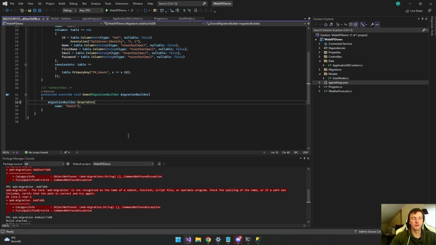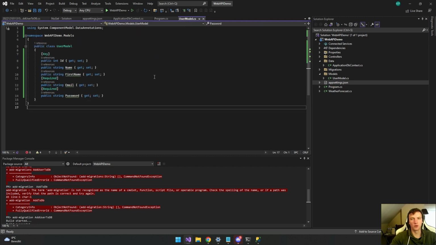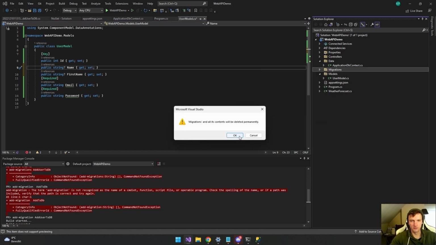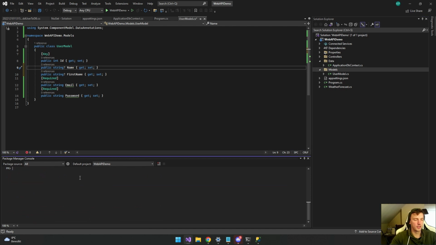If you want to have something that can be nullable, let's say first name can be nullable, then you do just this. Let's say these two can be nullable. Let's try again then. So migrations, let's delete the folder. Let's try again. So add migration, add user.